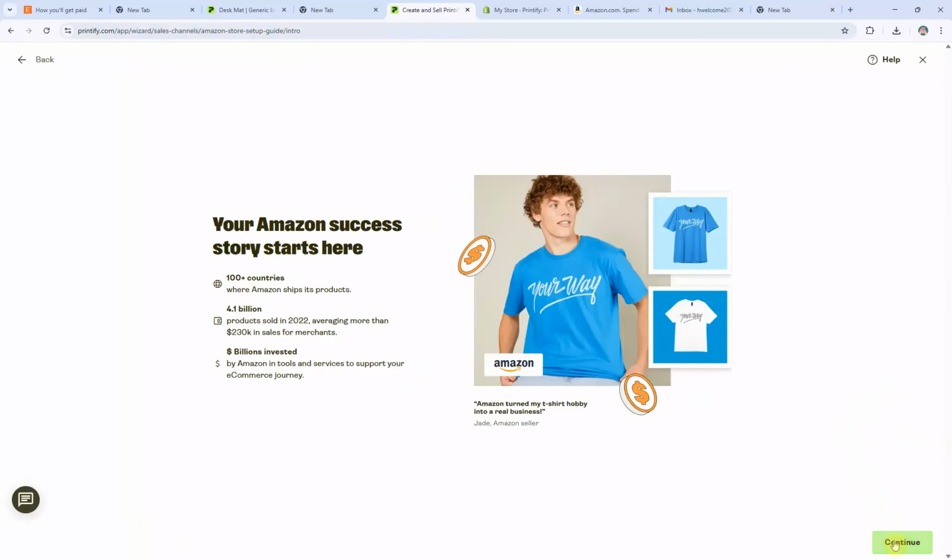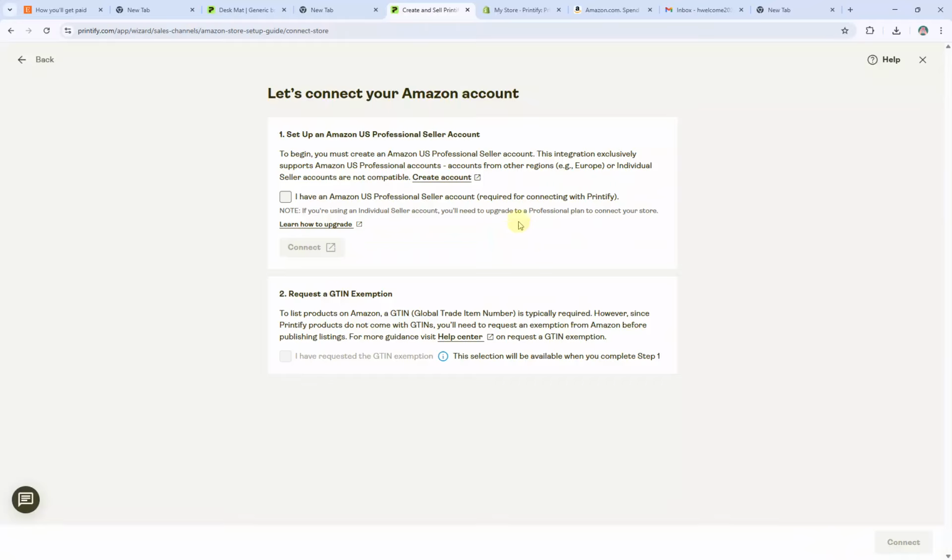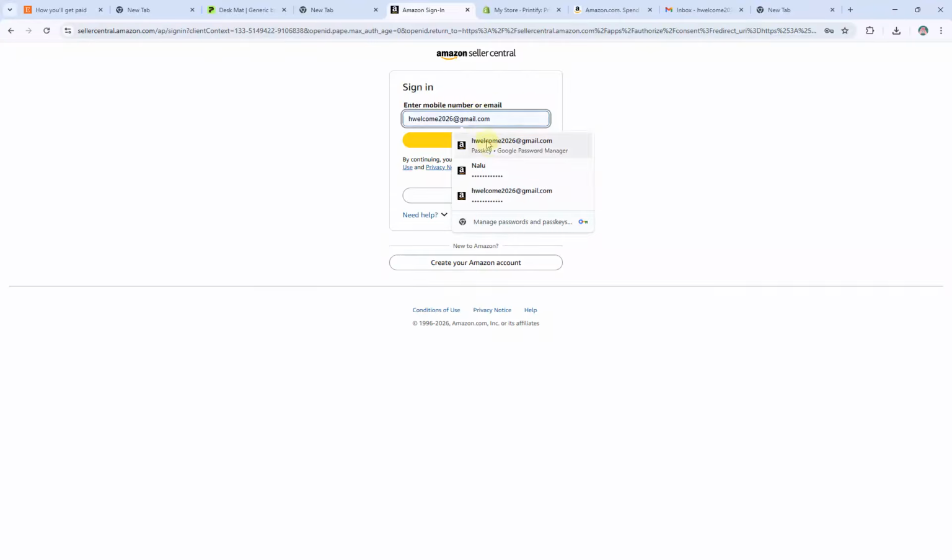If it's your first time, you'll need to grant Printify permission to access your Amazon Seller Central account. So have your Amazon credentials ready. Next, you'll be redirected to the Amazon Seller Central login page. Enter your Amazon Seller credentials and log in. Once logged in, you'll see a page asking for authorization. Make sure you check all the necessary permissions so Printify can manage your products on Amazon. After granting permissions, you'll be redirected back to Printify, and you should see a confirmation message that your Amazon store